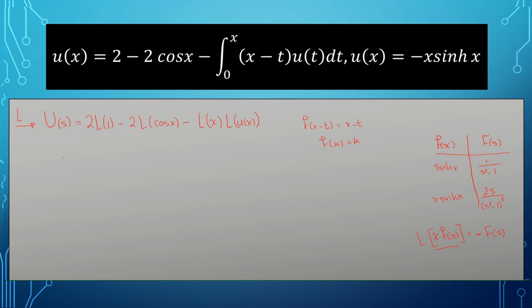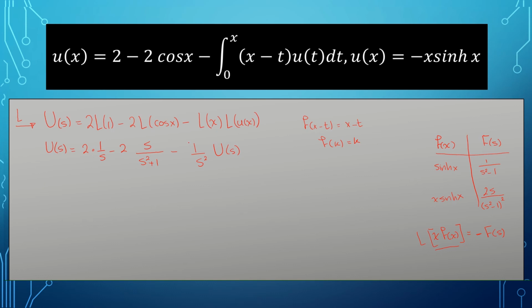Okay, and this is according to the convolution rule. So this will give us U of s equal to 2 multiplied by 1 over s, minus 2 s over s squared plus 1, minus 1 over s. This is if it was 1. If it's x, then 1 over s squared, times U of s. Okay,